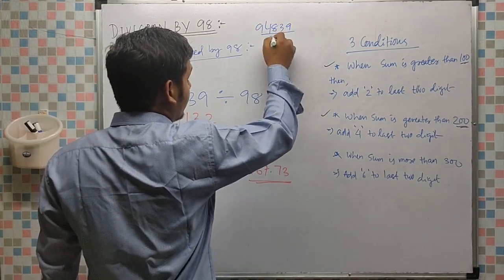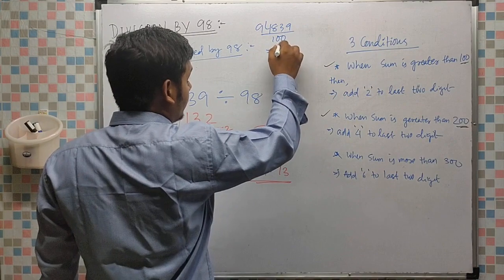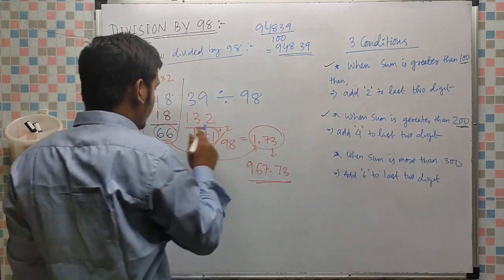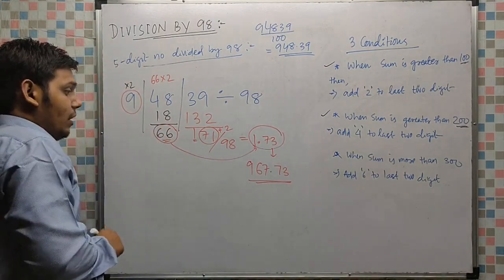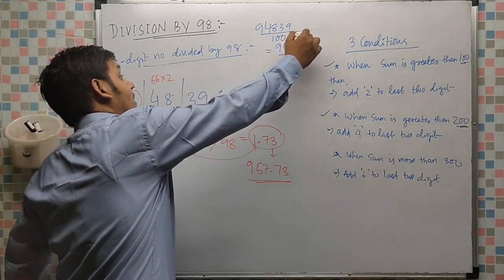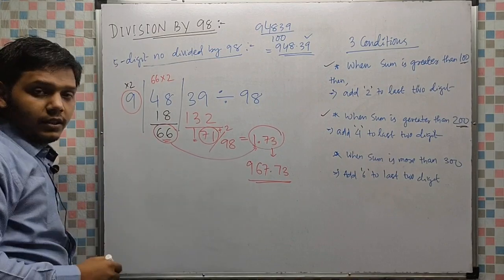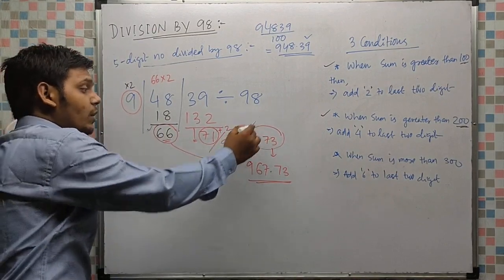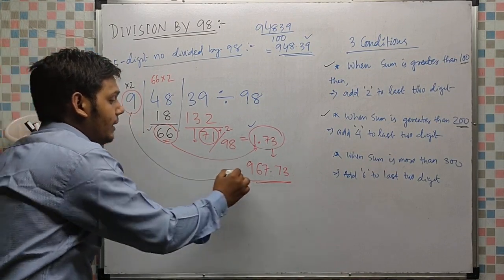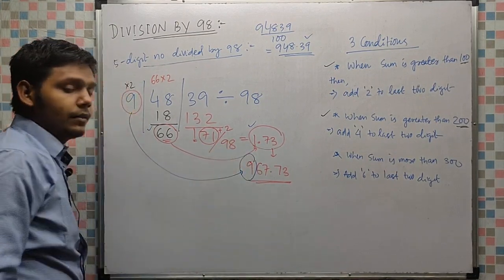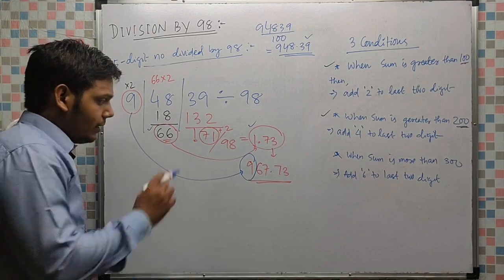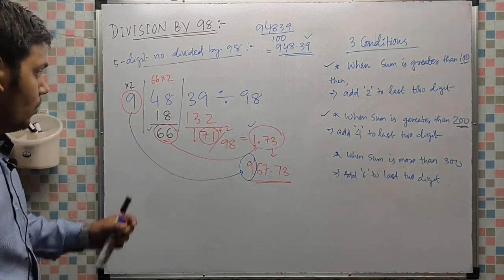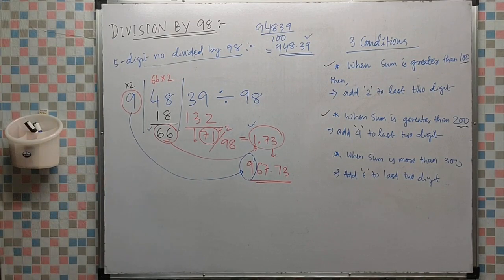Remember one thing, if this number 94839 is divided by 100, then you know that it is easy, 948.39 is coming. So don't balance it like this. If the value will be less than 948.39, your answer is incorrect. That's why I am adding this 66 and this value. Thereafter I am keeping here 9. Clear? One or two numbers, one more number we will solve. So you can take the screenshot also to see how the numbers are happening.